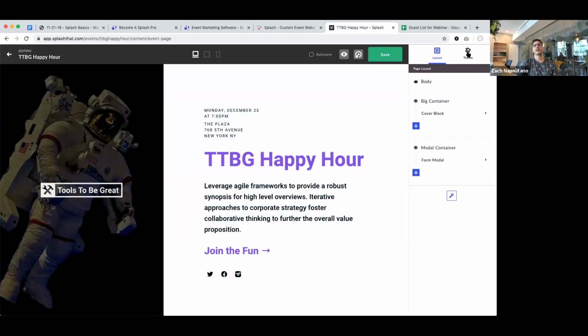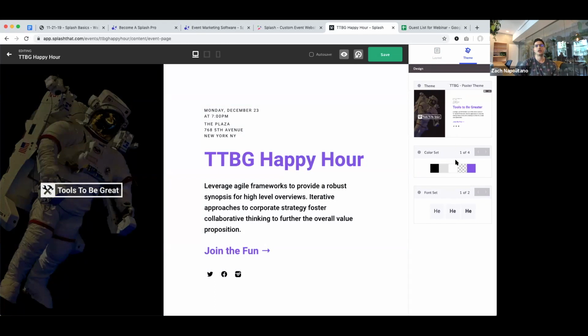One cool thing to note. Let's take a look at our theme settings to the right and see what comes under the hood here. So my branded fonts are preloaded in. I'm not burning any calories thinking about those. They're there. As well as my purple color palette that we saw earlier, right? Now, something cool about the Tools to Be Great brand, it's got some alternate colors. Now, I'll admit I get in trouble pretty often for overusing accent colors, but since it's just us today, maybe we'll do it. So loaded into my theme, few different options I could toggle on that use my accent colors, depending on the vibe I'm going for. I think I'm going to stick with the iconic purple, but just know there's flexibility there.